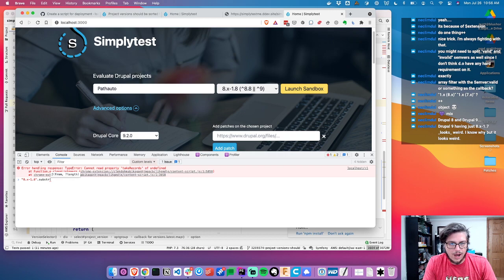That's why I want to drop it and just show the constraints at the end of it. Let's do 8.x-1.8 index of. Index of .x is 1. So if we did 8.x-1.8 substring,